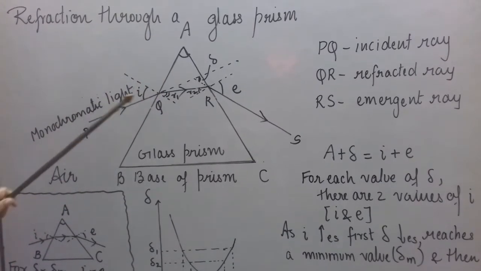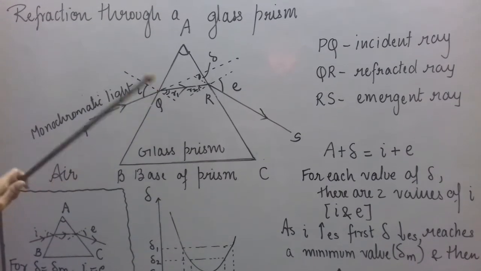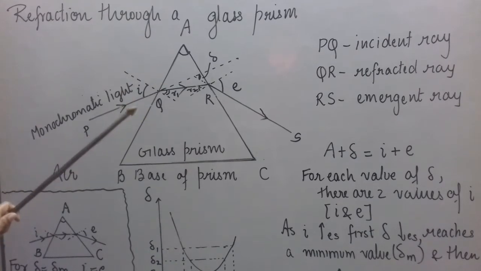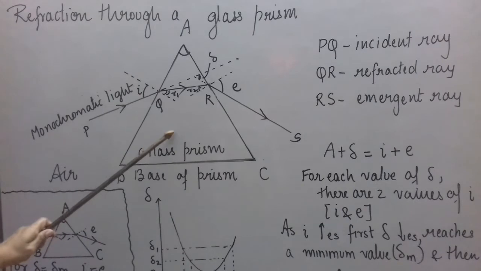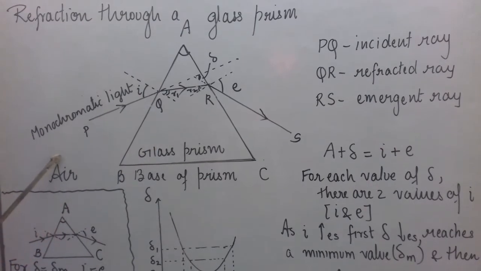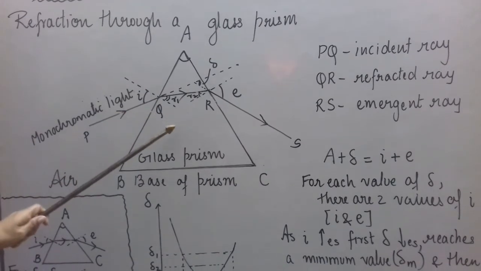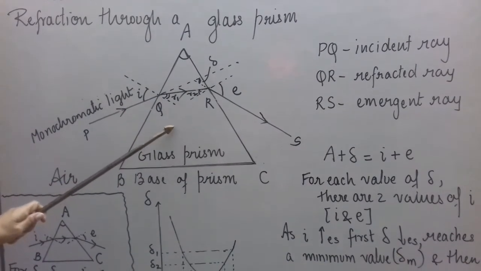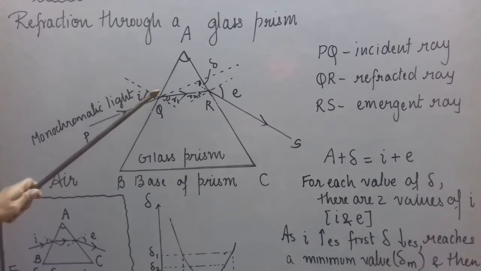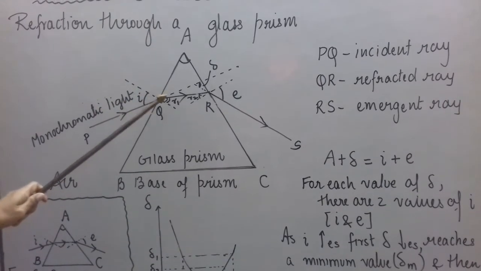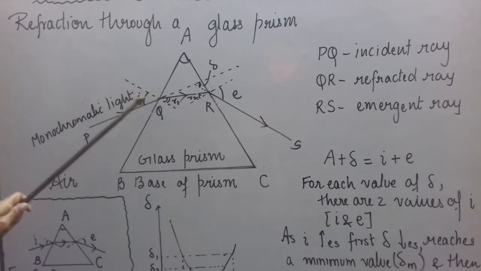So when this incident ray strikes here, it enters into the prism. And we know that speed of light reduces in the prism, and hence we know that this glass is optically denser than air. So light is entering from optically rarer medium into optically denser medium. We know the refraction will take place for i not equal to 0 always. And so in this case the bending will be, yes, towards normal or away from the normal? It should be towards the normal.